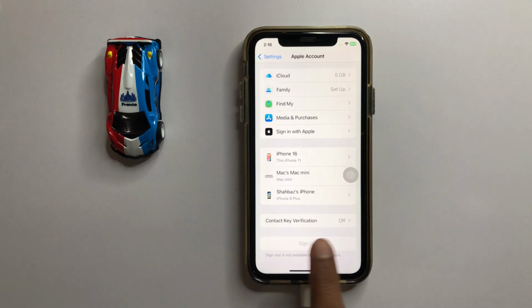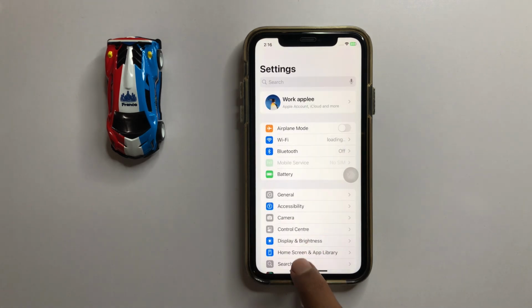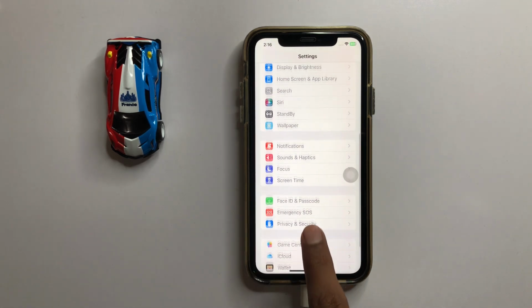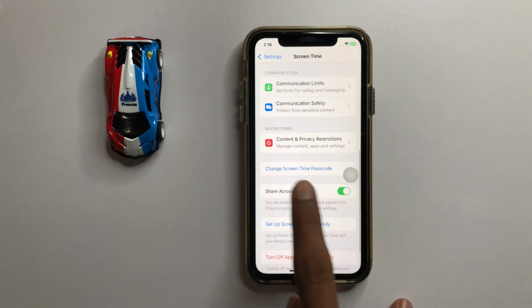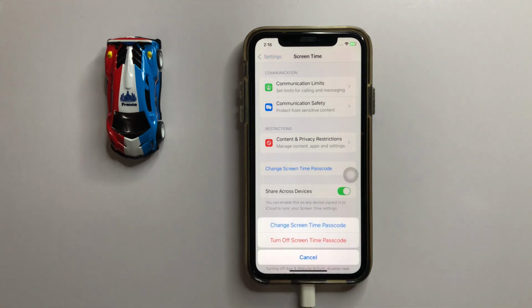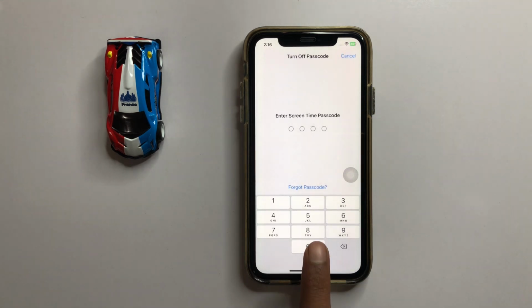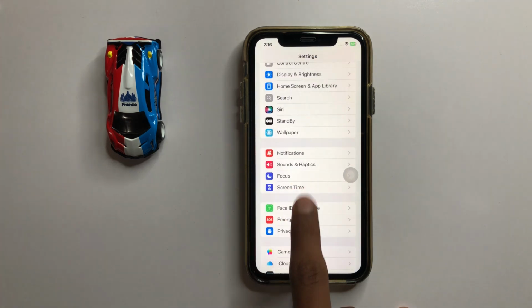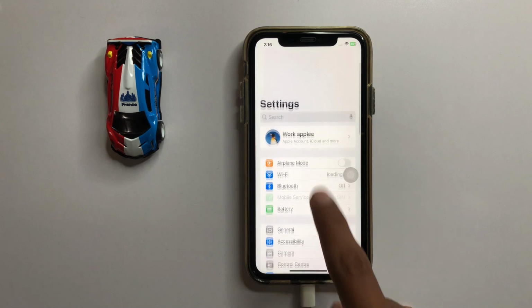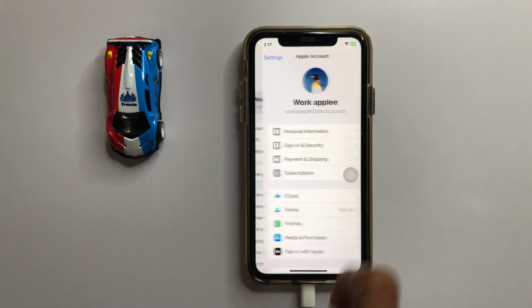Now if you want to fix this problem, then go back and scroll down and click on screen time and then click on change screen time passcode. Now click on turn off screen time passcode. Now enter your current passcode, then go back and refresh your settings page and then open your Apple account, and